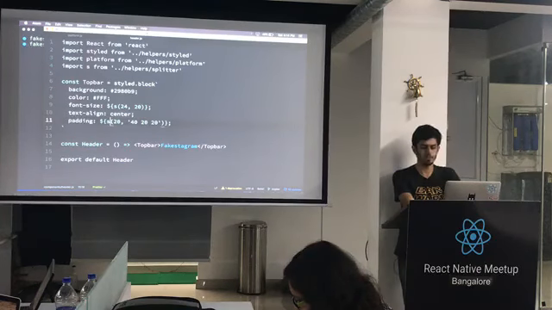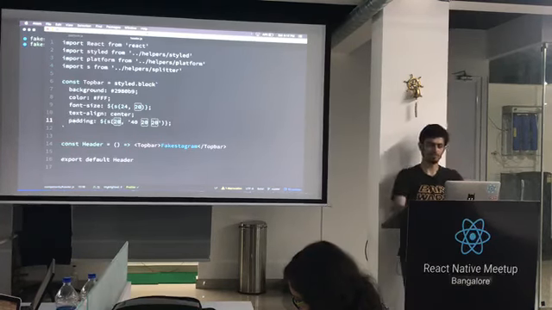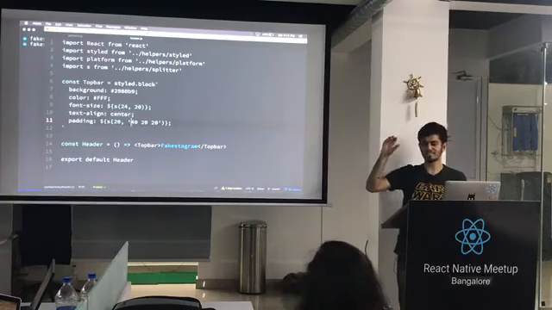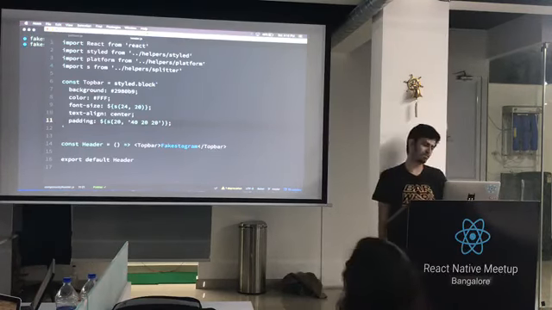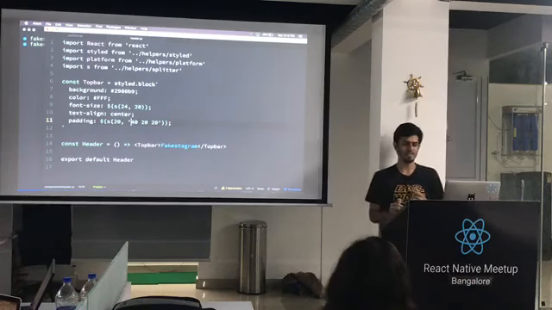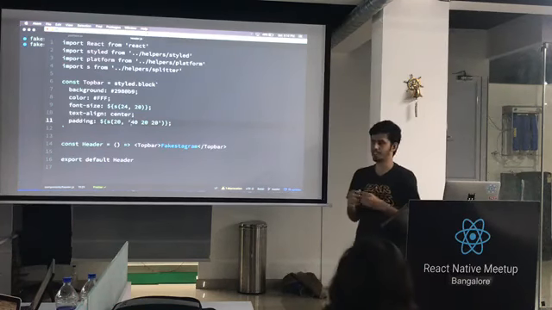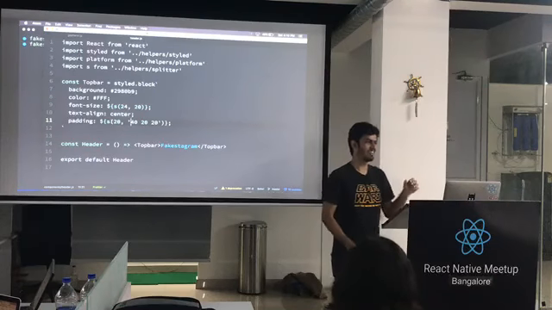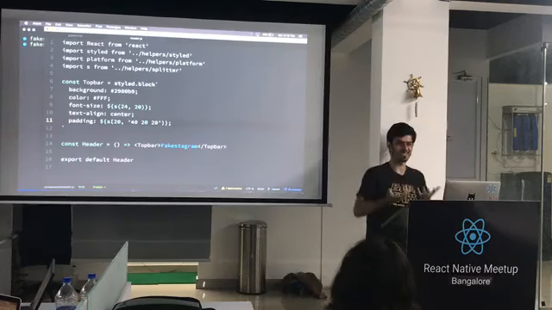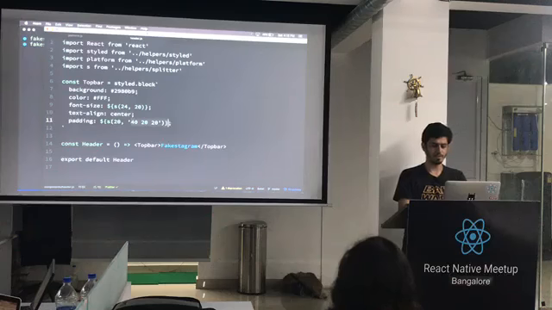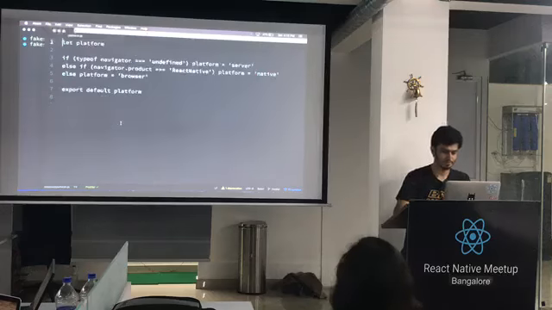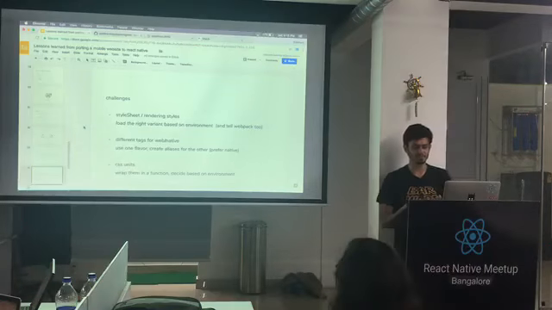Padding on web, I'm using 20 pixels throughout, but on native, I'm using top is 40 and the rest is 20. This is also an interesting thing because Expo, when you load something in Expo, kind of eats up the top space a little bit, so you can't see what's there, but you can push your content down so that you can start reading. So you want different styles in different places sometimes. Create a tiny function which splits them and gives you, right? Good. So we've solved 3 of our problems.